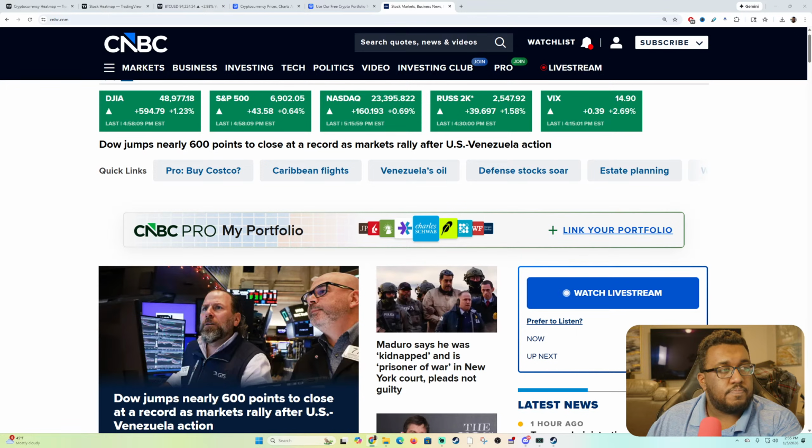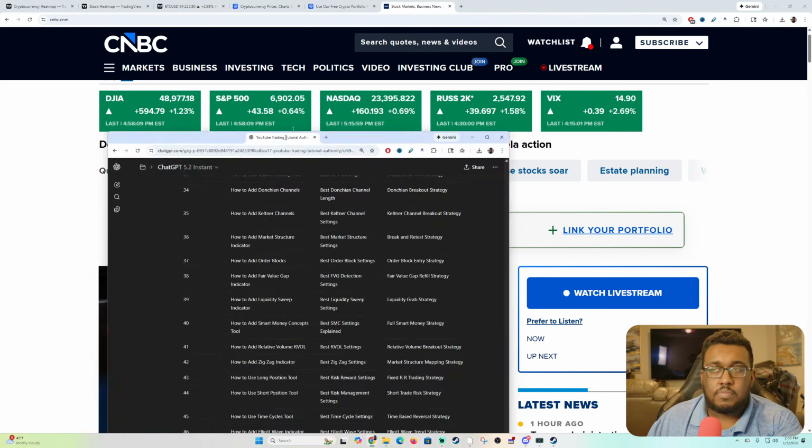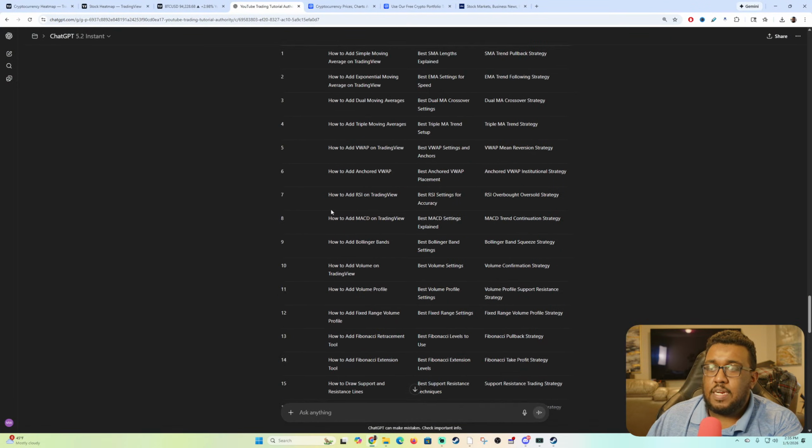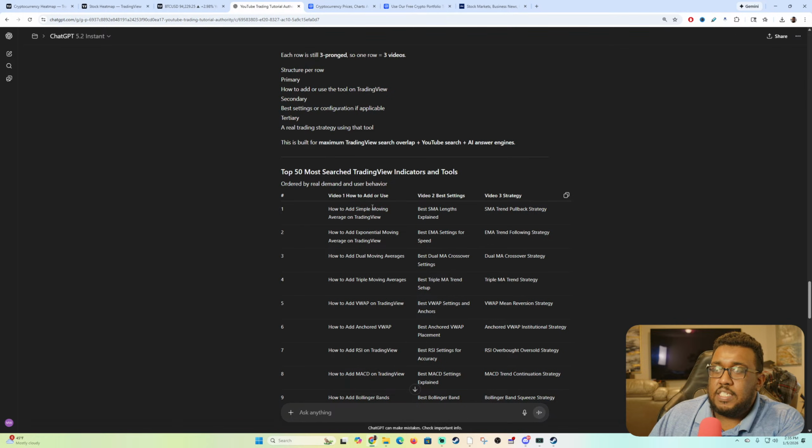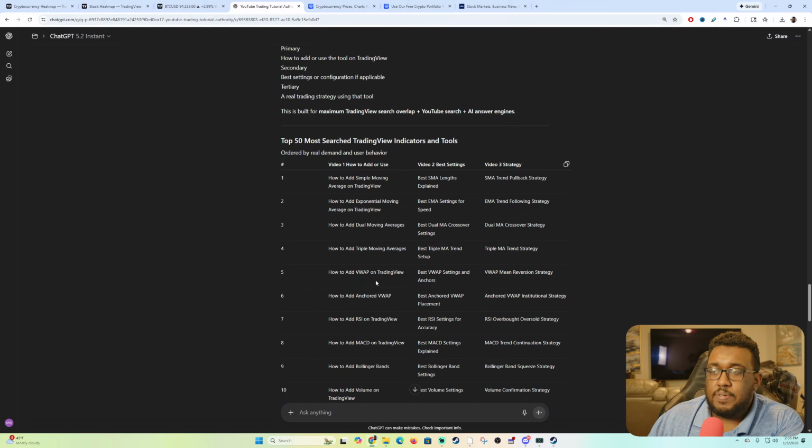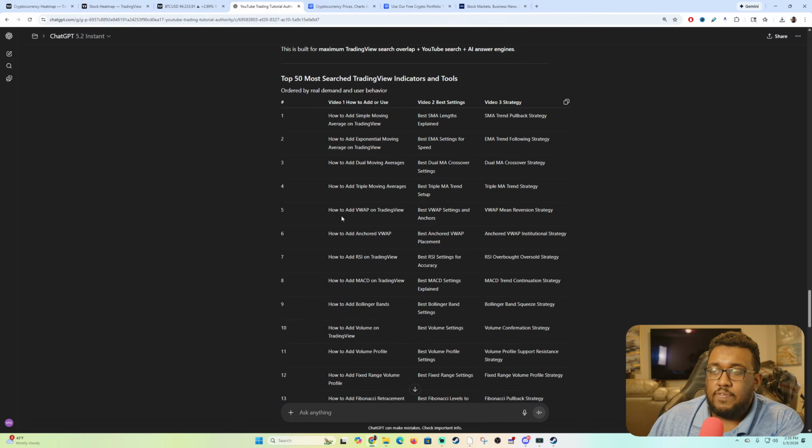You guys will see that it kind of starts off on a list here. Simple moving averages, how to add exponential moving averages, dual moving averages, add triple moving exponential averages, VWAP on TradingView, so that means VWAP plus a VWAP strategy, how to add anchored VWAPs with placements, RSI on TradingView, MACD, which